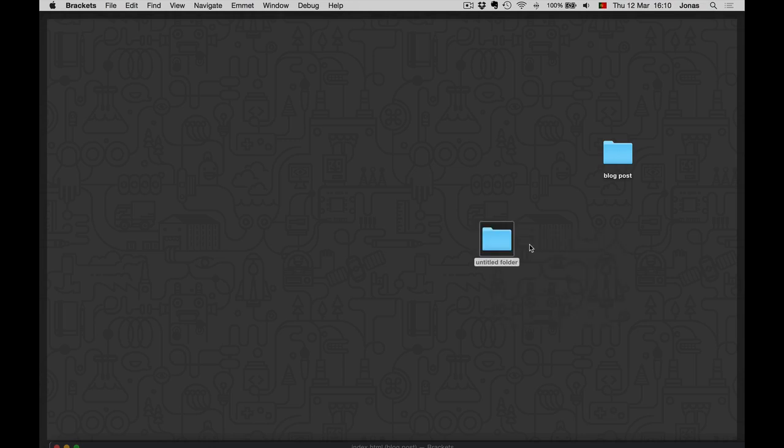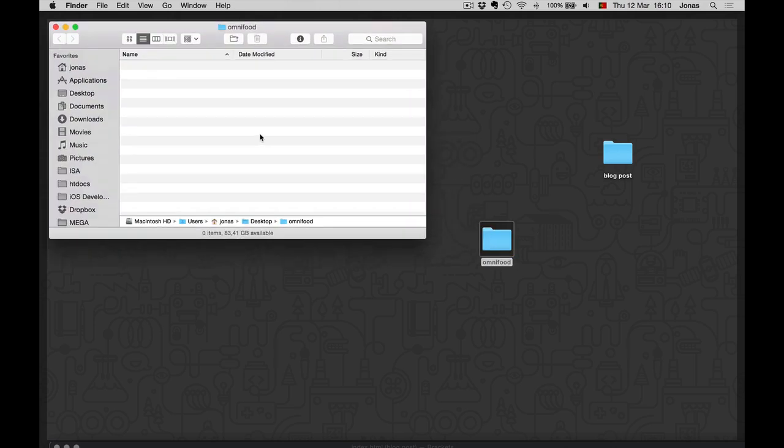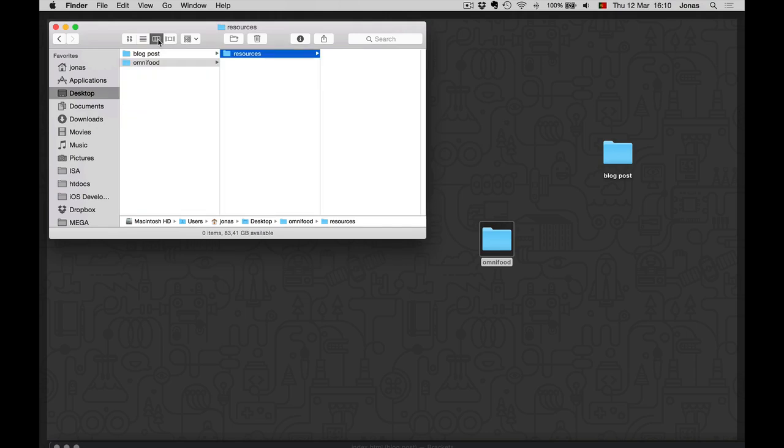So I'll start by creating here a new folder and I will call this OmniFood. Alright. So now inside of this I will create a first folder called resources. And inside of that folder, let me show you like this. Okay, inside of the resources folder,